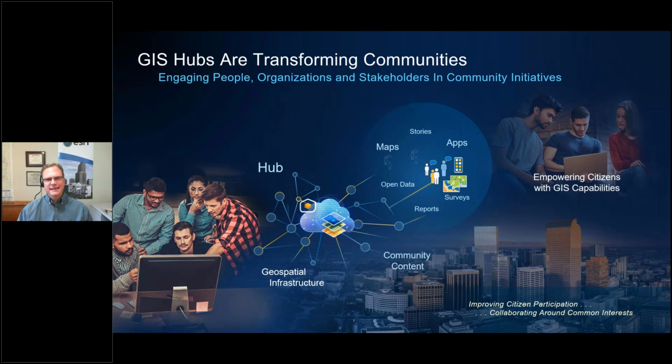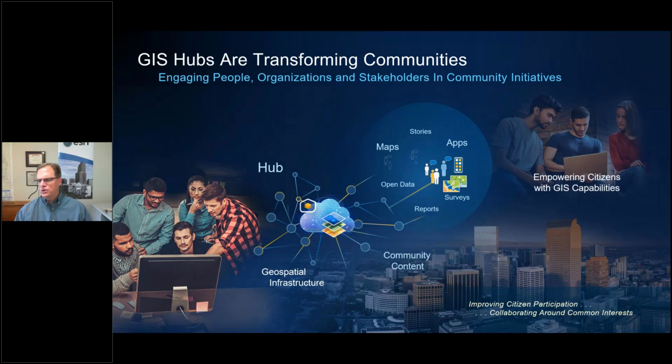When we talk about community engagement, that really doesn't work in a vacuum. No one just does community engagement. It's tied to projects. It's tied to specific initiatives. So one of the things I really love about ArcGIS Hub is that it allows you, instead of just traditional open data, to create a very focused initiative and supply the maps, apps, and information that are necessary for the public to engage in that.